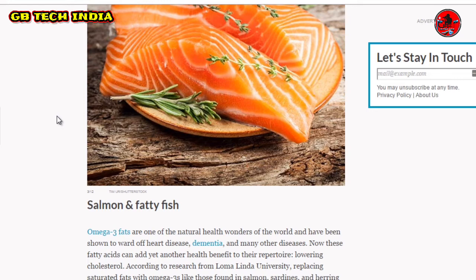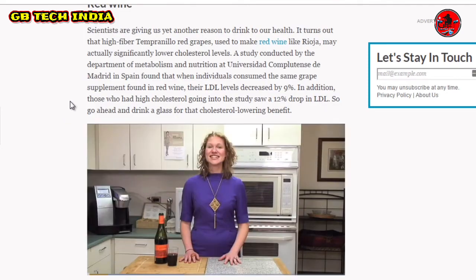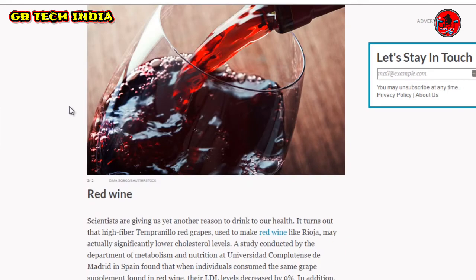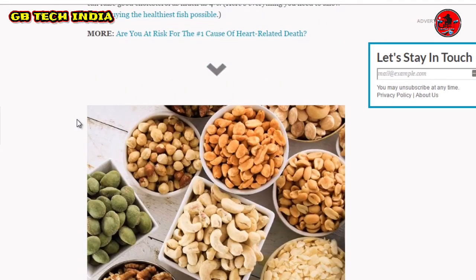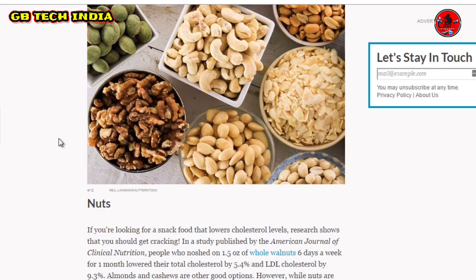Because obviously the more specific it is, the more interesting it is sometimes, but at the same time, a lot of times it'll actually boost your authority simply because people feel like, okay, you've actually focused in on very, very specific details. So instead of saying the top 12 different foods that lower cholesterol, what you can do here is say, for example, fish. You can say the top 10 fish that actually lower your cholesterol, or top 5 fish that lower your cholesterol,